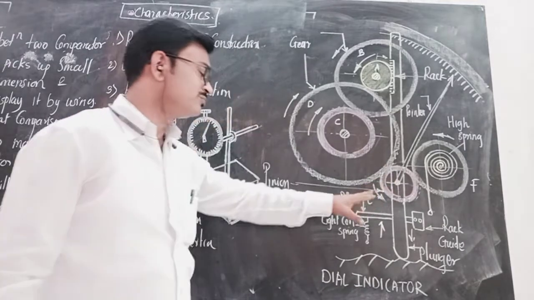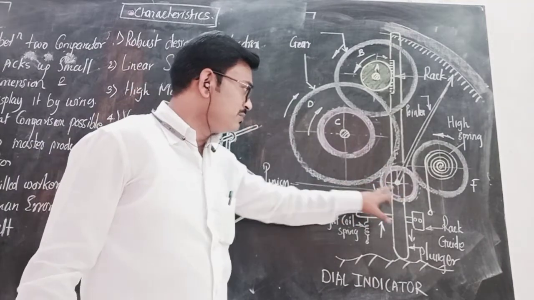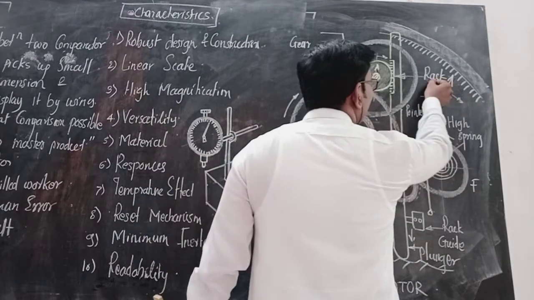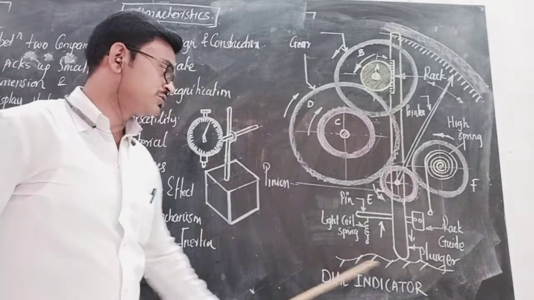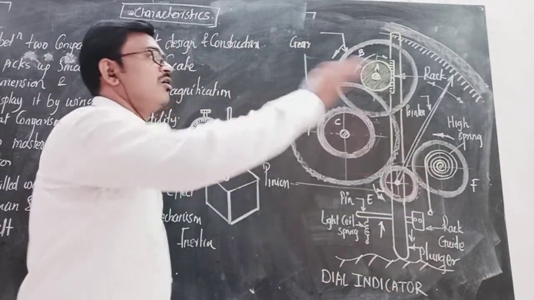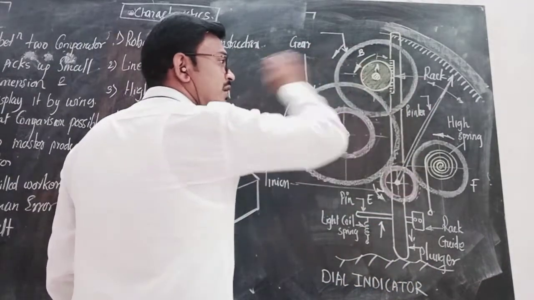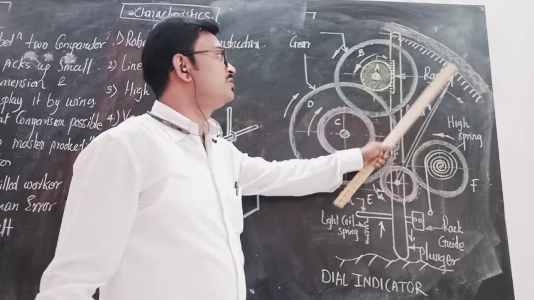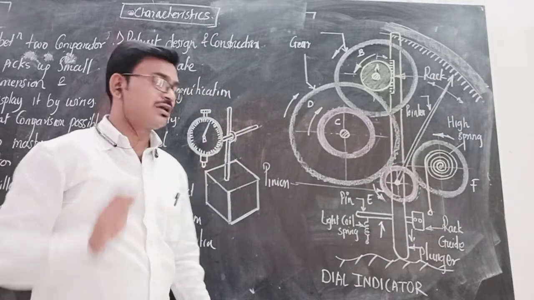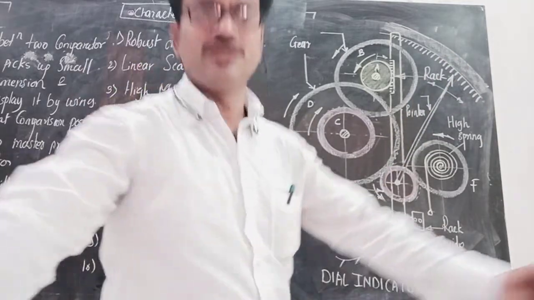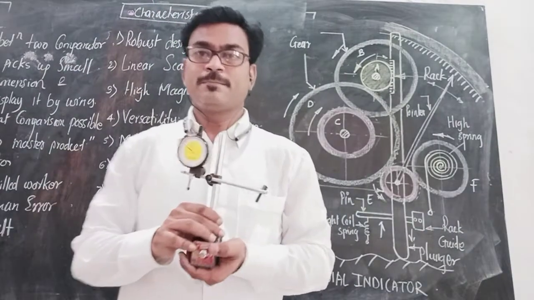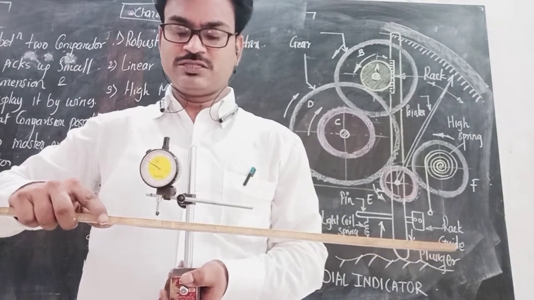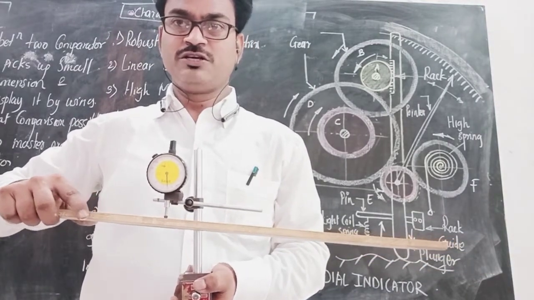As per that configuration, as soon as it is meshed with the pinion E, then automatically this pointer moves according to the surface configuration, oscillating in a left and right direction, and with the help of the graduated scale, you can easily observe the flatness of the test surface. Let's see. Okay. Suppose we have to check the flatness of this, let's see how the indicator is moving. See.